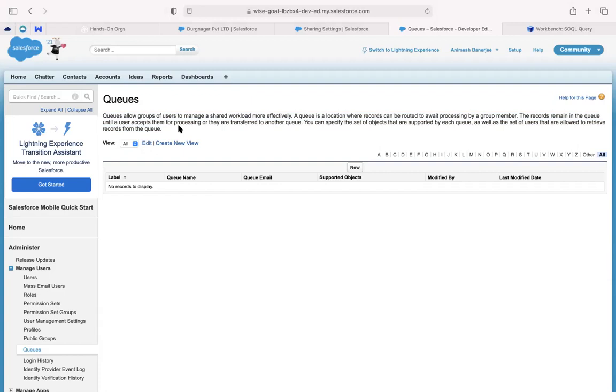It's kind of a sharing, but a little different. Here the owners are multiple people, and they can all see the records. This is not sharing, but a temporary storage until one person picks up the record and becomes the owner. So a group of users whom I have assigned it to, and then one person picks it up and becomes the owner. This usually happens with case records. We'll discuss case in more detail in the next class.